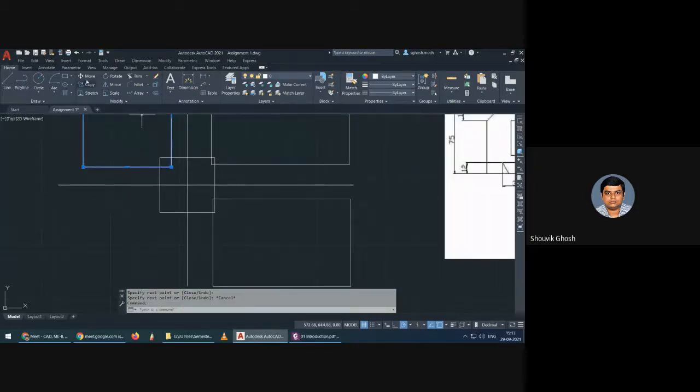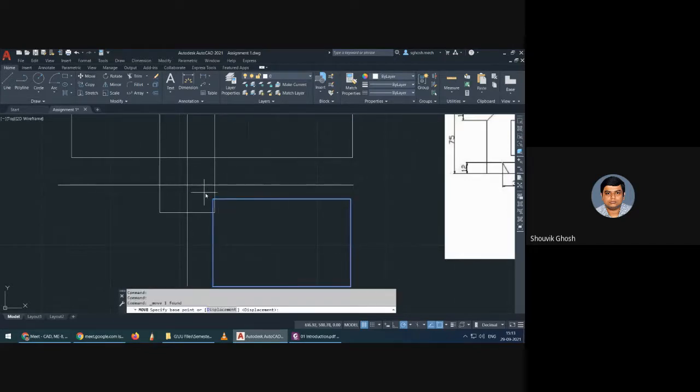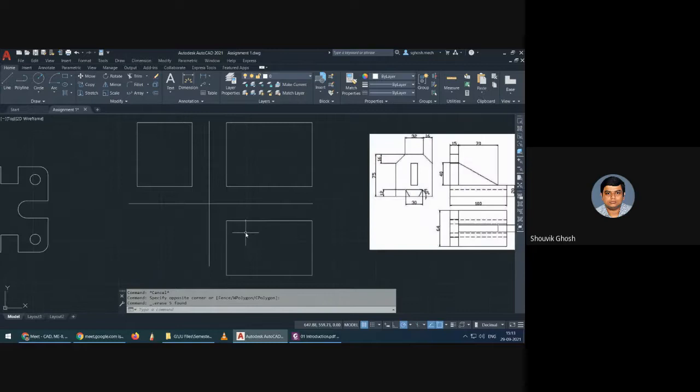So I will move this rectangle to those reference points. See, I have taken 20 by 20. You can take a value nearer to the axis. You can take 10 by 10, you can take 5 by 5, whatever your desired values. So the lines are now equally spaced.